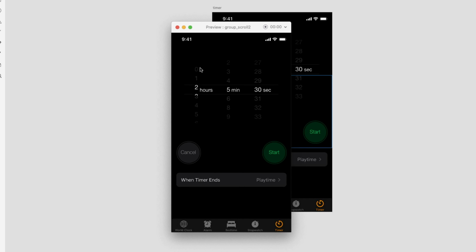Now you can see we can scroll numbers inside a group like an iOS date picker.